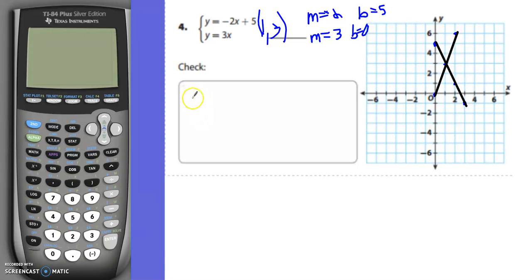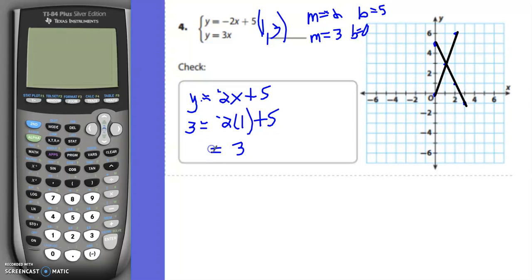So we have y equals negative 2x plus 5. So negative 2 times 1 plus 5. Negative 2 plus 5 is 3. 3 equals 3. Okay, we can check with the last one. 3 equals 3 times 1,